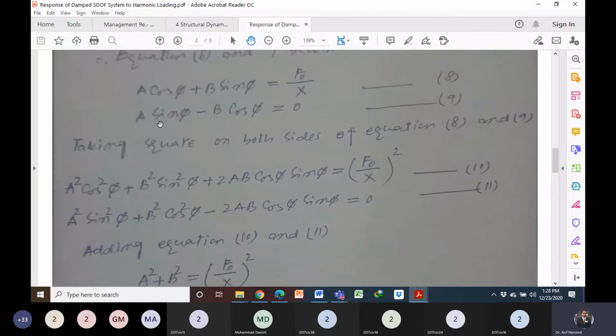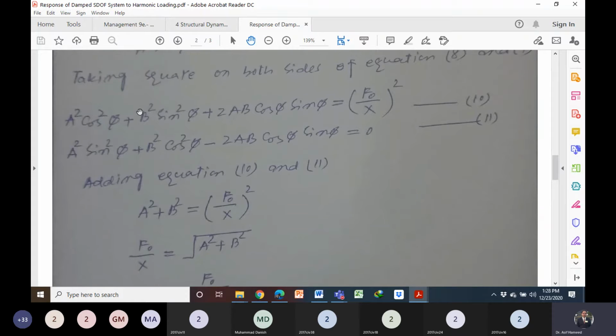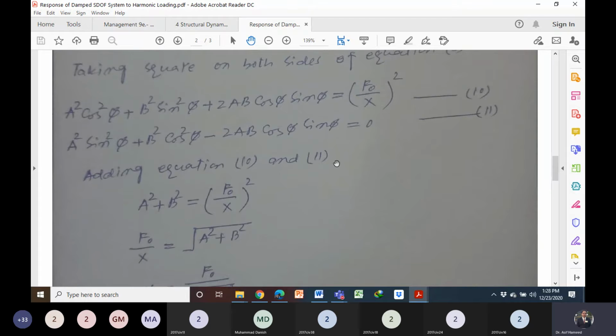Similarly, on the left hand side, we have here A minus B: the square of first term plus the square of second term minus 2 times the first term second term. Now we can add these two equations, adding equation number 10 and 11. A square cos square phi, A square sine square phi. So when we add, A square is outside, inside we have cosine square phi plus